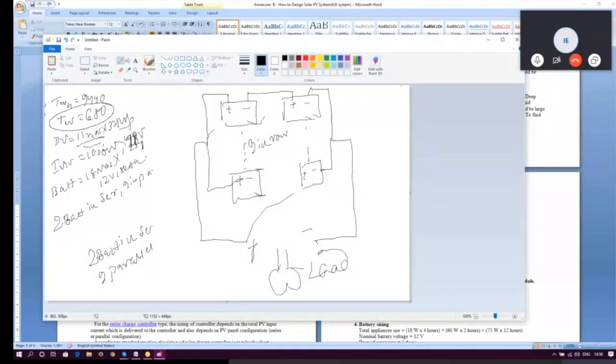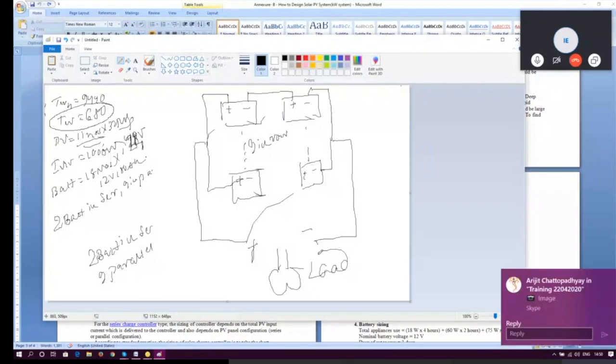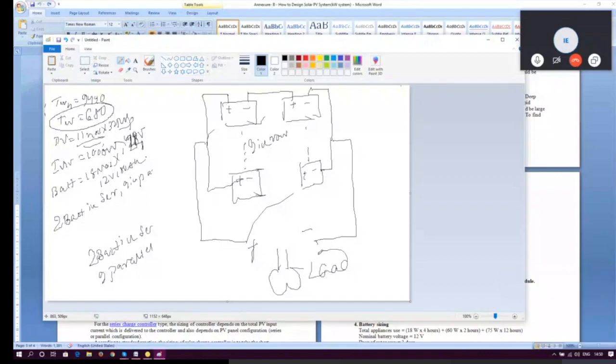If it's only a DC system, we can connect all the batteries in series. We will only increase the voltage, not the current, to ensure our cable costing is as low as possible. And if we have an inverter, we need to check the voltage of the inverter and ensure how many series batteries we require to get the voltage of the inverter. Otherwise, the inverter won't operate. So in this case, we have considered a 24 volt inverter. So we have taken 2 batteries in series, and ultimately we have got 9 parallel. 2 batteries in series and 9 parallel rows.